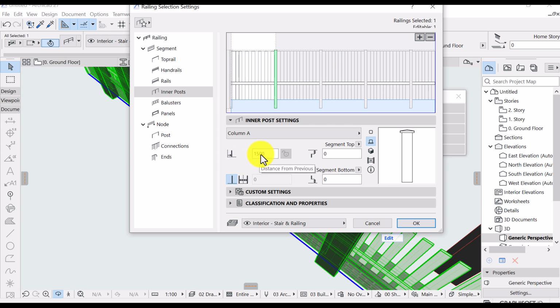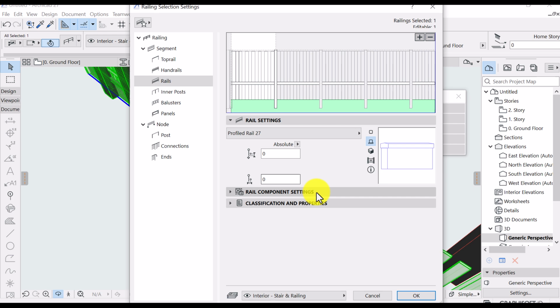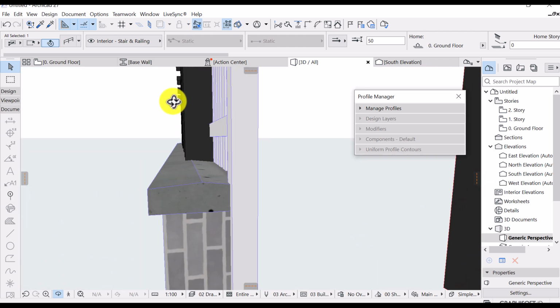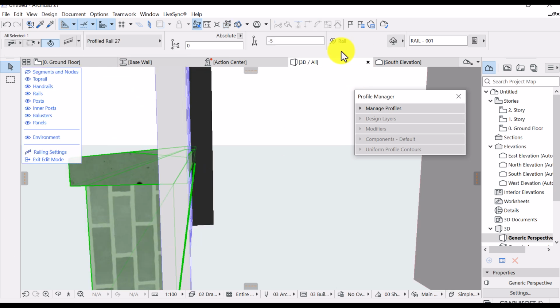So I can see the, where is the offset? We don't have the offset for that here. So this has to be negative 5, for example. Oh, that will be a problem. That is a problem. Hit on edit, select this, make sure it's